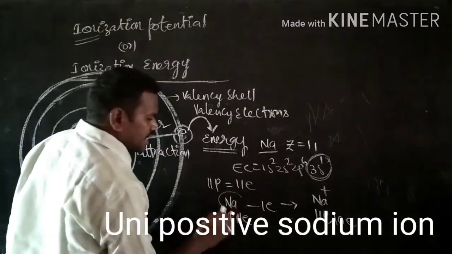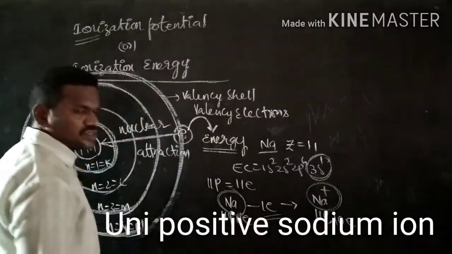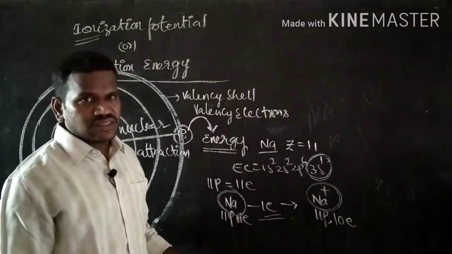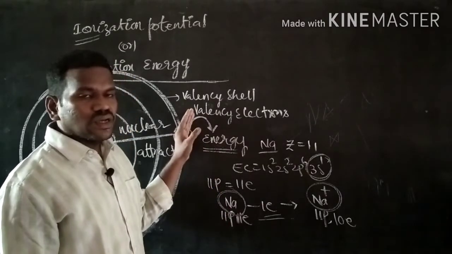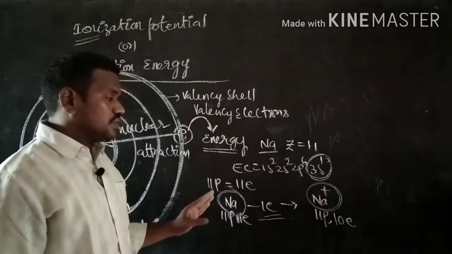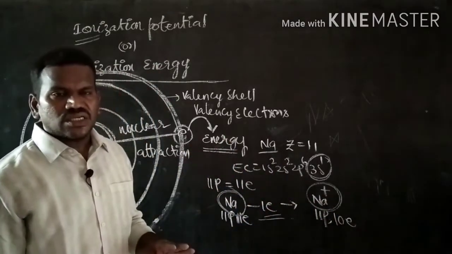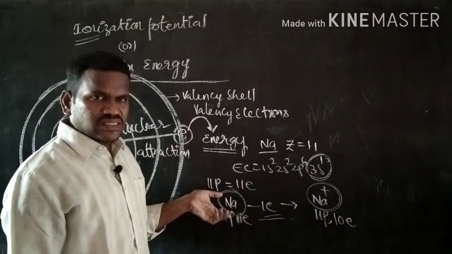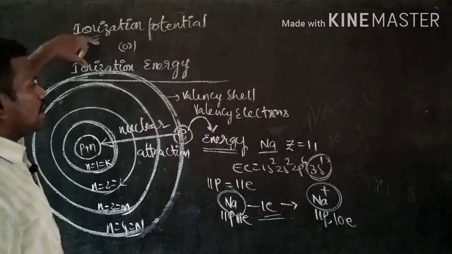Now, a neutral sodium atom becomes a sodium ion by the loss of an electron. To remove this electron, we should supply some amount of energy. That means, whenever you supply some energy to the valency electron of a neutral atom, the electron will be ejected outside, and then the neutral atom becomes an ion. That amount of energy which is required to convert one neutral atom into its ion is called ionization energy or